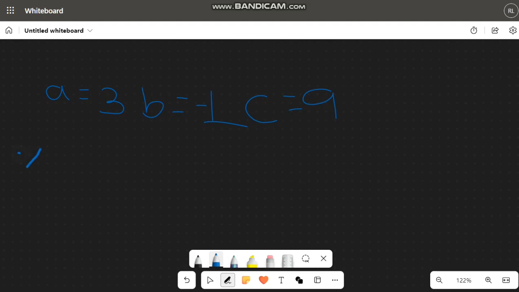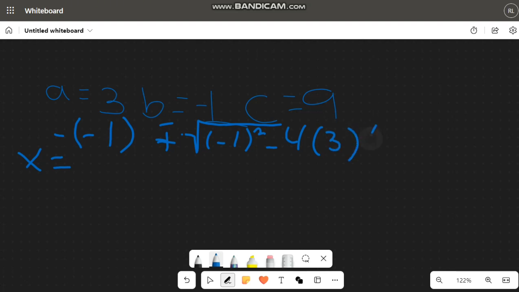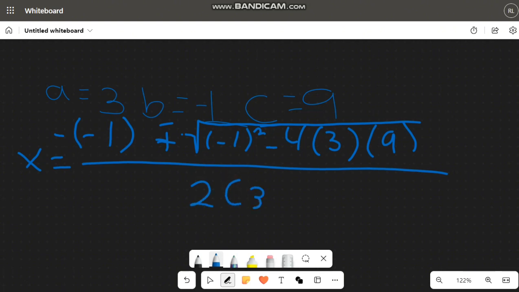X would equal negative negative 1, the plus minus sign, square root of negative 1 to the power of 2, minus 4 times 3 times 9, all over 2a, which is 2 times 3. Okay,